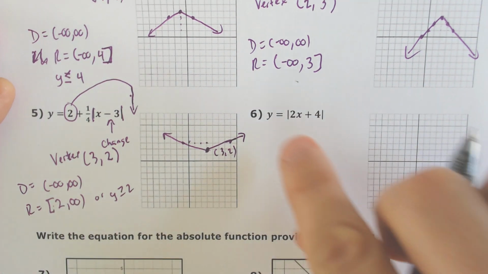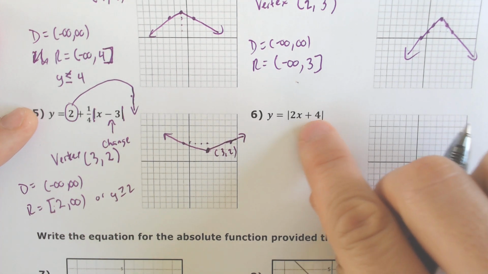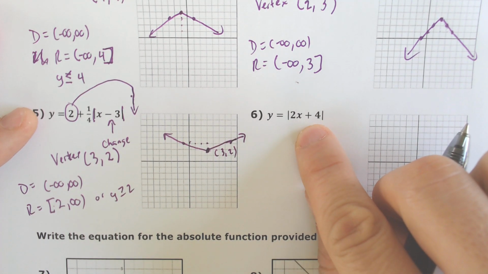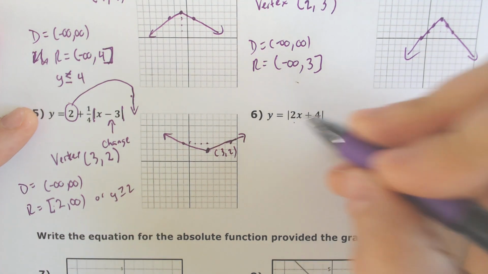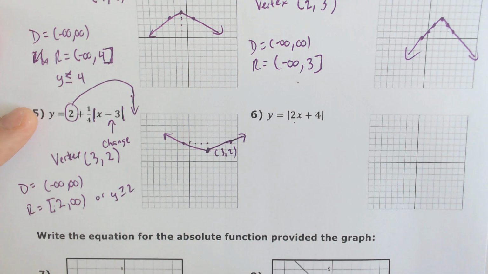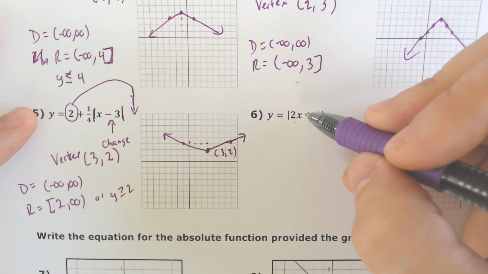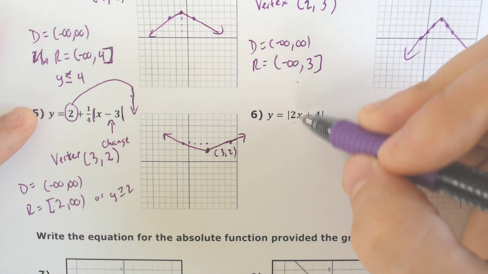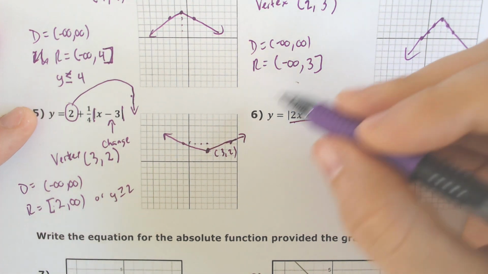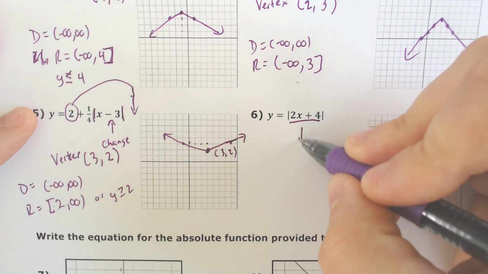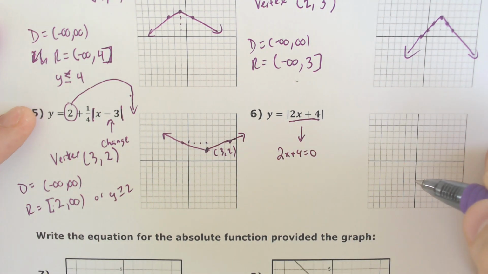All right. This next one is the one problem. If you have anything else inside of the absolute value bars, you can't just change the sign of the 4, okay? Technically, this 2 is stretching it horizontally. It doesn't really appear that way, but it is technically stretching it horizontally because every x value is doubled. So when you have 2 things in here, instead of changing the sign, this is what I want you to do. I want you to take the 2x plus 4, and I want you to set it equal to 0,